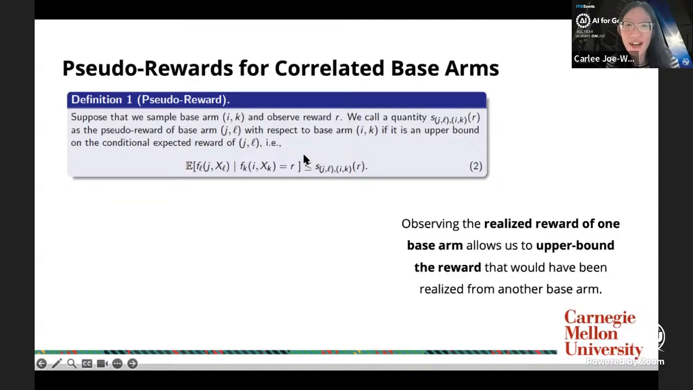Let me skip the technical details. But the constructed reward algorithm, the idea is, and this is similar to the UCB algorithm, familiar with bandits. The idea is to have